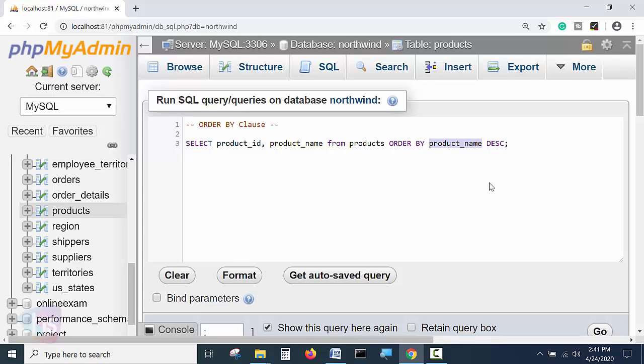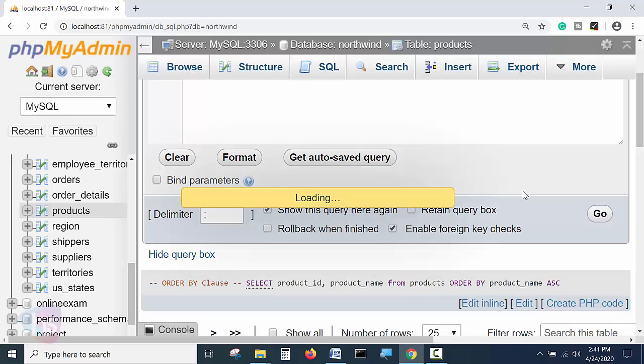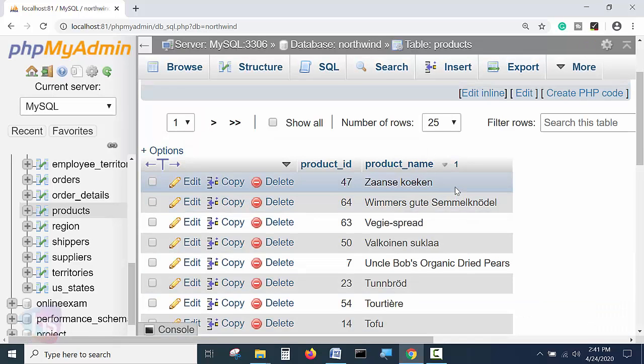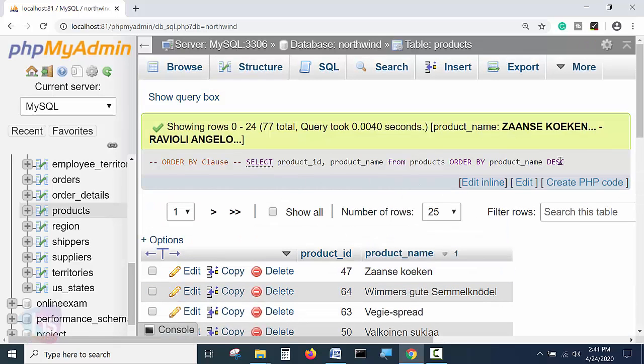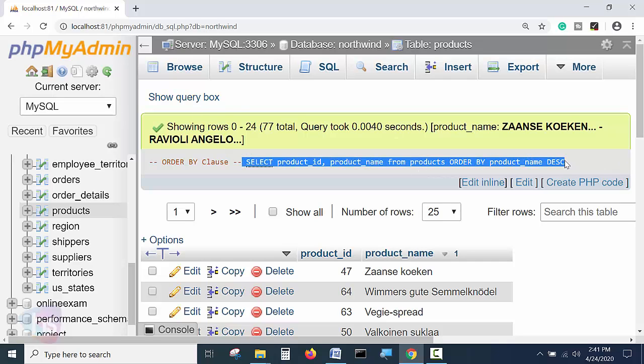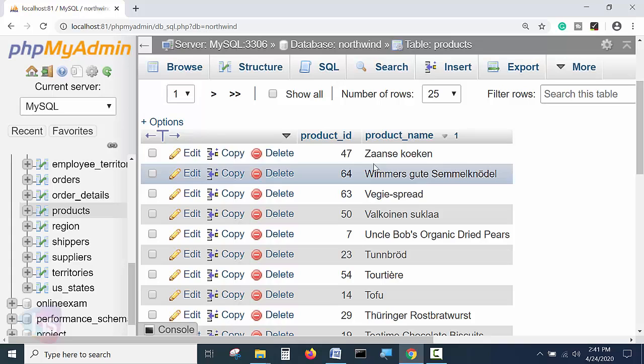After that column, we have to specify the keyword for the functionality we exactly require. Now, in this case, I have specified DESC in the query box. Now see, Z, the last letter,